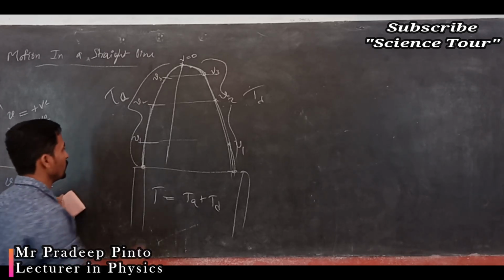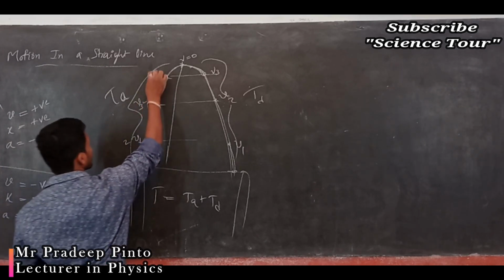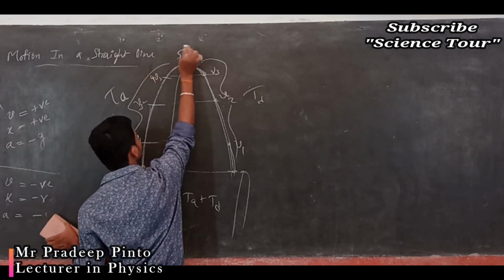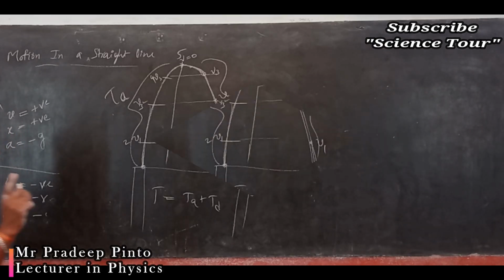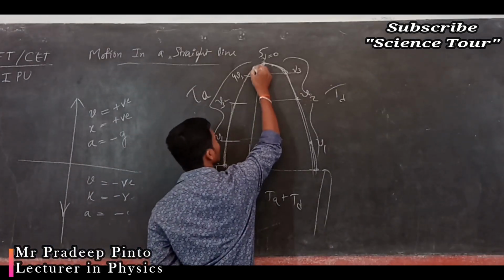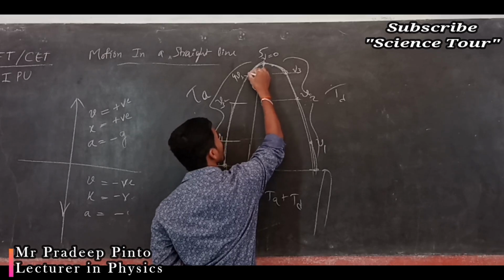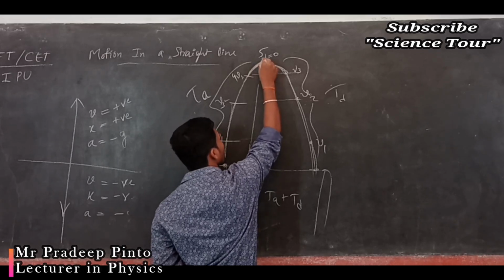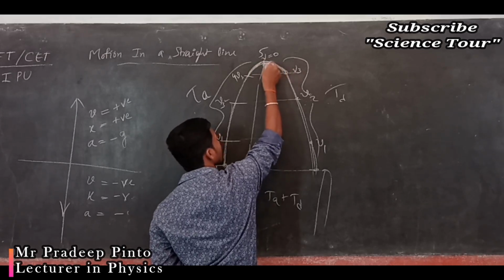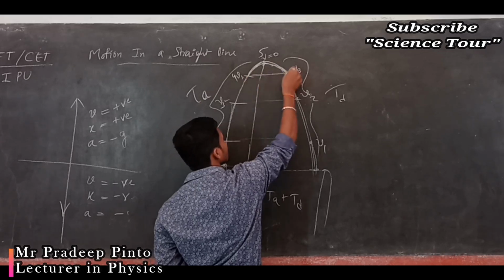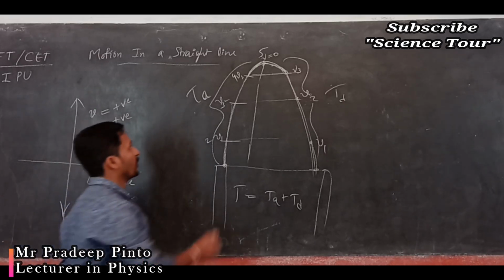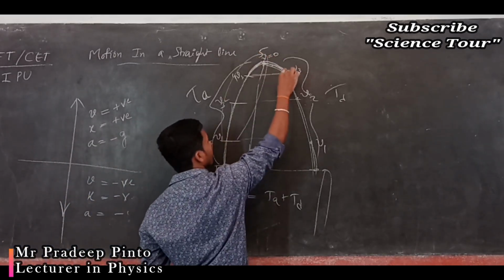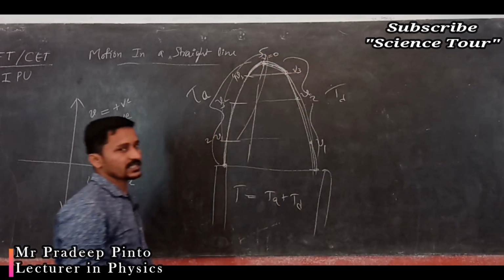Now they will tell you that in 2 seconds, 3 seconds, 4 seconds, and 5 seconds it reaches the top. In the last 1 second, the velocity is going to become 0. Means from 4 to 5 it is going to become 0, and 5 to 6 also becomes the same. This is a known factor. When I do the problems, you will understand this. They will give only this data. You can assume this data also, and it is right.